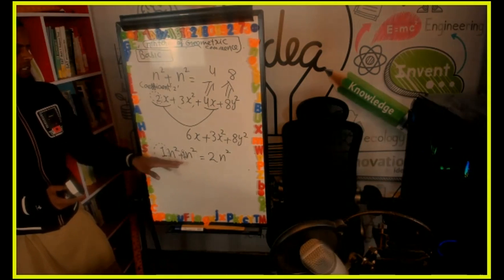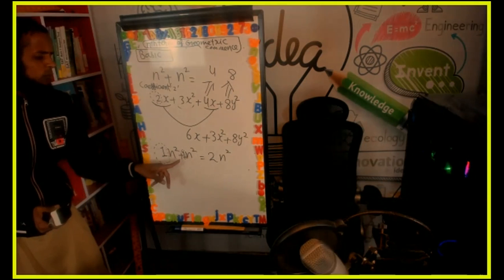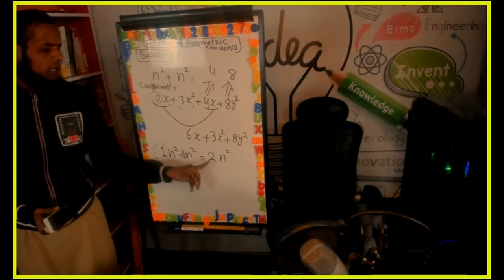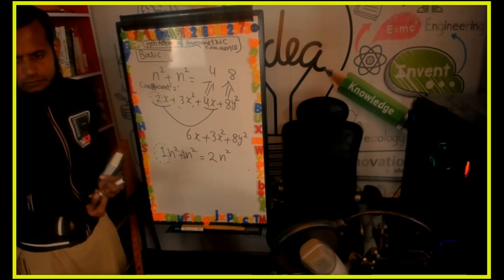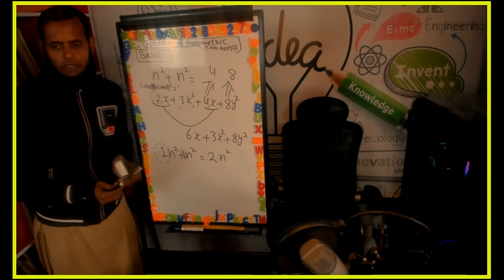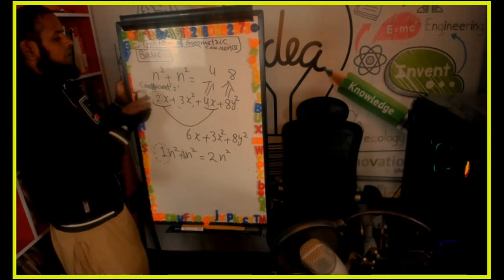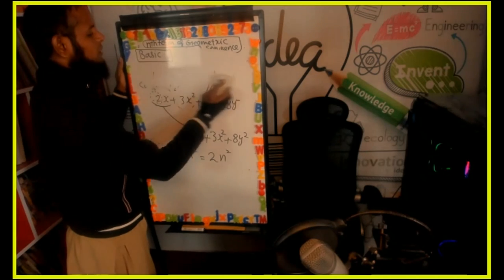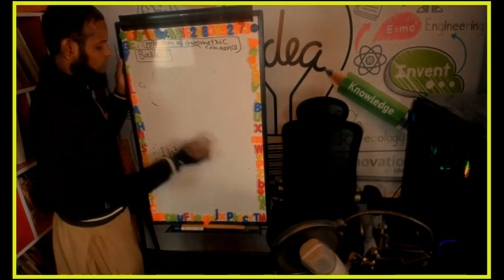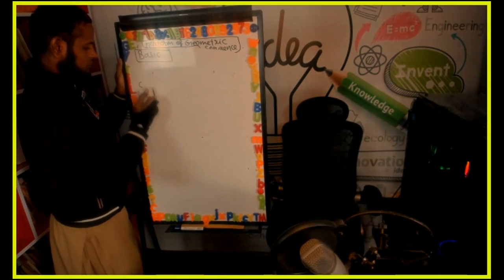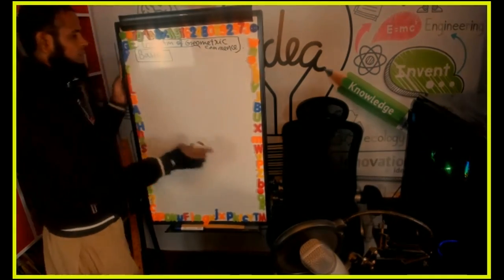When there is addition, then we add or subtract the coefficients. Because both coefficients are positive 1, the answer is 2n square. Okay? Is it clear? We will move on to the paper, but first I give you one question and you should try to solve. Then on the paper we do practice about this concept.